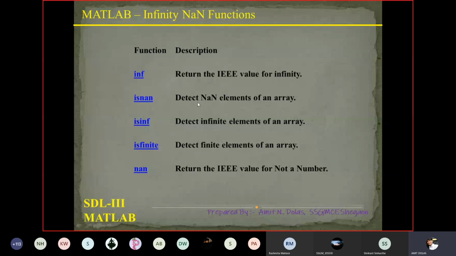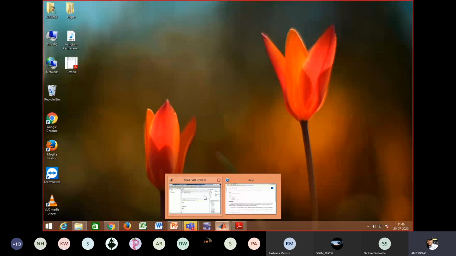Infinity and NaN functions. As we already discussed in the previous lecture, the Inf function is used for an infinite value. isnan: suppose a certain variable is there, and we can check whether it has a number or not with isnan. Also isinf, isfinite, and NaN. These are the functions that you can use. Let's go back to MATLAB.